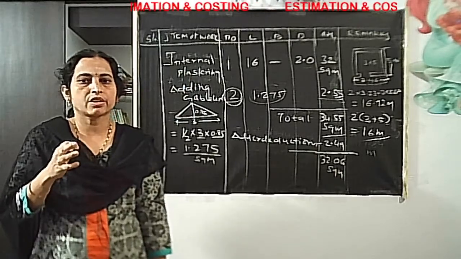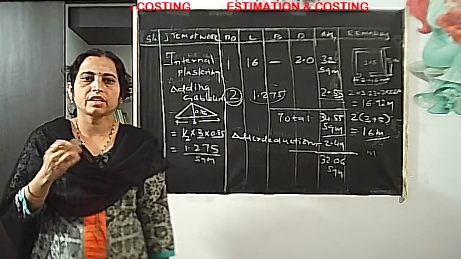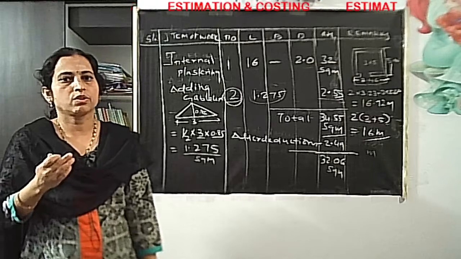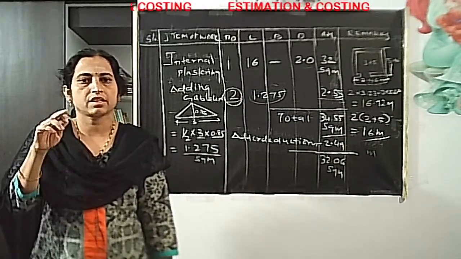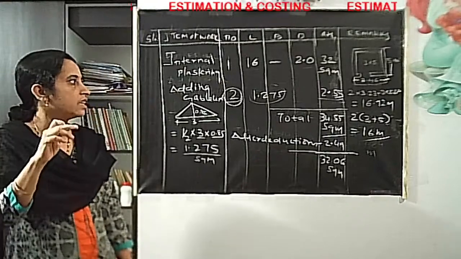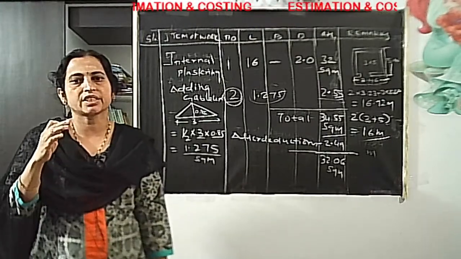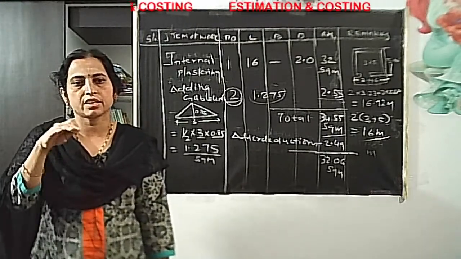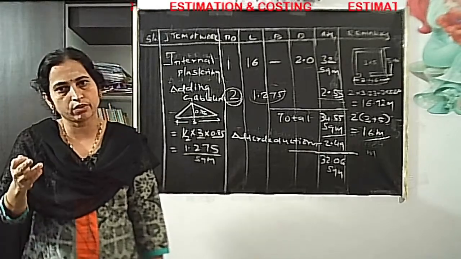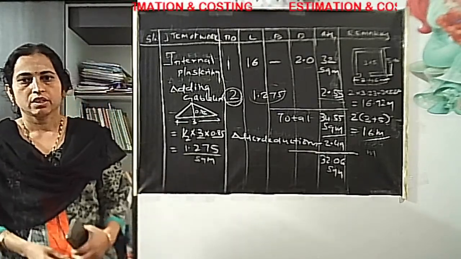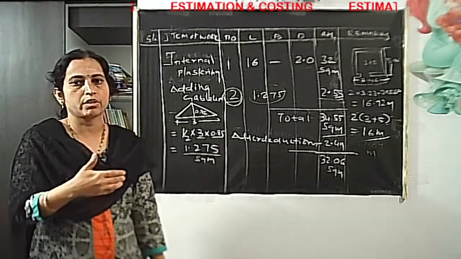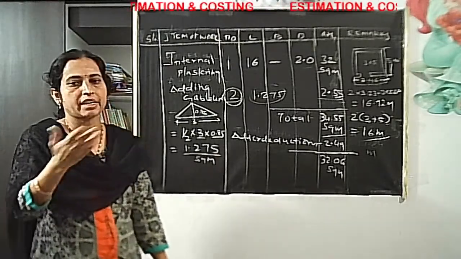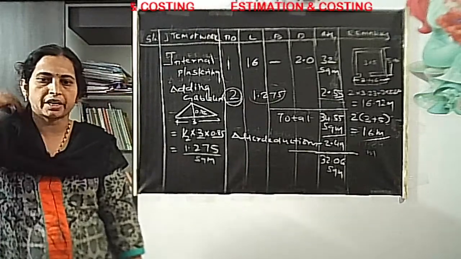So hope you have understood. If you have any doubts, you can clarify in the class. So this is actually I am explaining brickwork, external plastering and internal plastering, because these are some of the changes in the quantity calculation when you have the sloping roof. Okay, we will continue in the next class. Abstract, I think you can do it by yourself, applying the rate and finding out the total cost of the building. Okay.